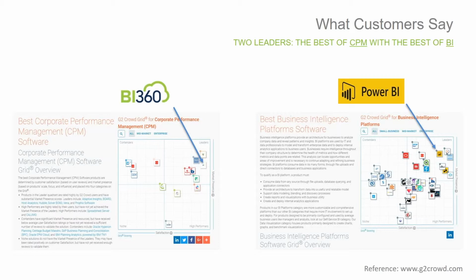If you look at BI360 and Power BI from a customer standpoint, this is how one of the well-known rating websites is looking at these two solutions. And this is from G2 Crowd. On the left side, you can see customers are rating well-known corporate performance management tools, where you find BI360 here in the leaders quadrant. On the right side, customers are rating business intelligence tools. And here you can find Power BI also in the leaders quadrant. So you have two leading tools, and you get the best of corporate performance management managed by your finance team in BI360, and the